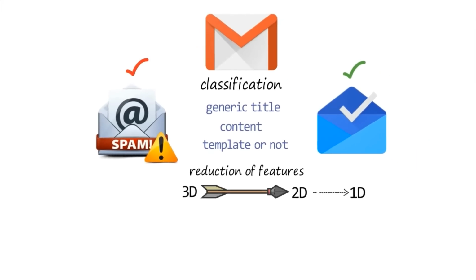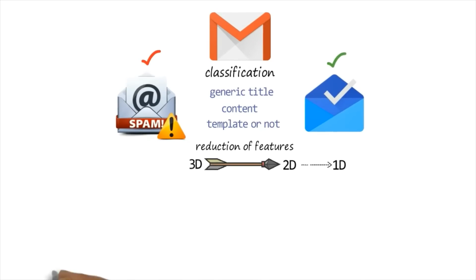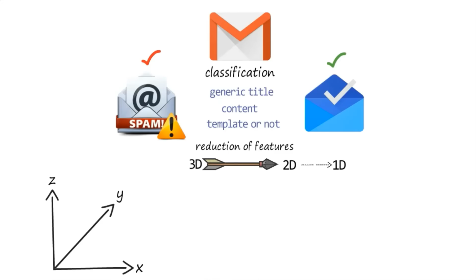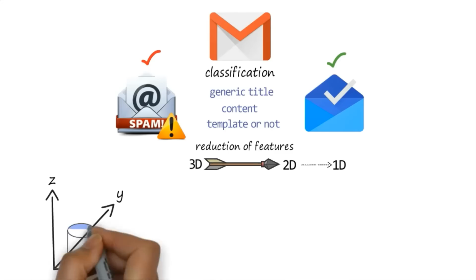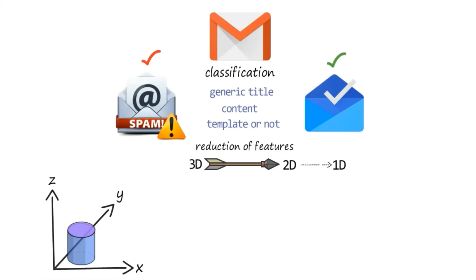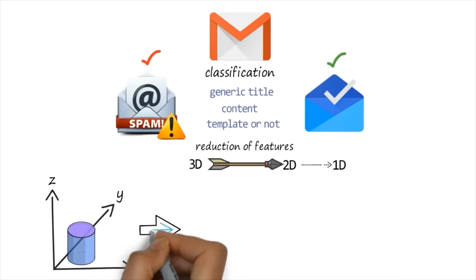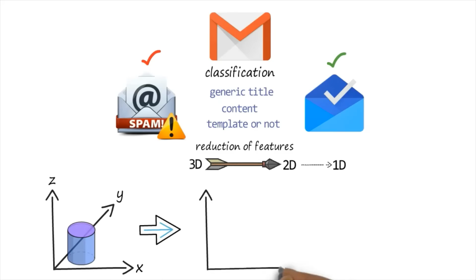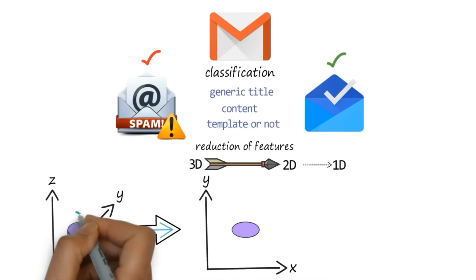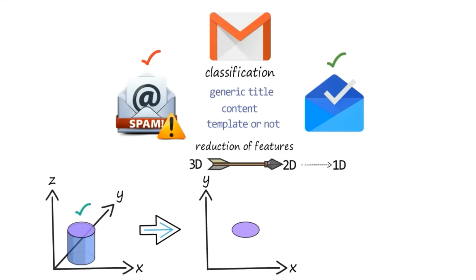Basically, I'm giving you one example, then you will be able to understand. Say this is your x-axis, this is your z-axis, and this is your y-axis. So this is a 3D plot. And say we have a 3D diagram like this, an oval shape that we are having over here. Now, how to convert it into 2D? If I convert this 3D plot into 2D, it will become X and Y, and the plot will look like this. This is a 2D plot.